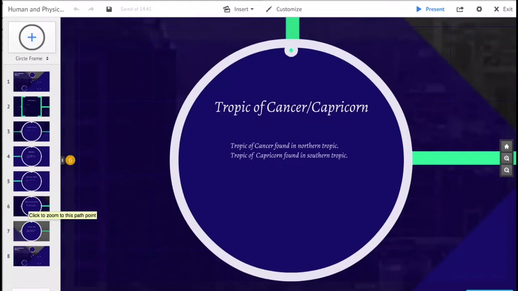The Tropic of Cancer is also referred to as the Northern Tropic. It is the most northerly circle of latitude on Earth at which the sun can be directly overhead. This occurs on the June solstice, when the northern hemisphere is tilted toward the sun to its maximum extent. Its southern hemisphere counterpart, marking the most southerly position at which the sun can be directly overhead, is the Tropic